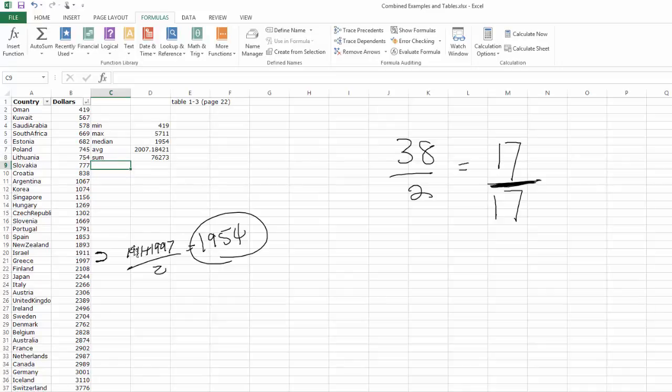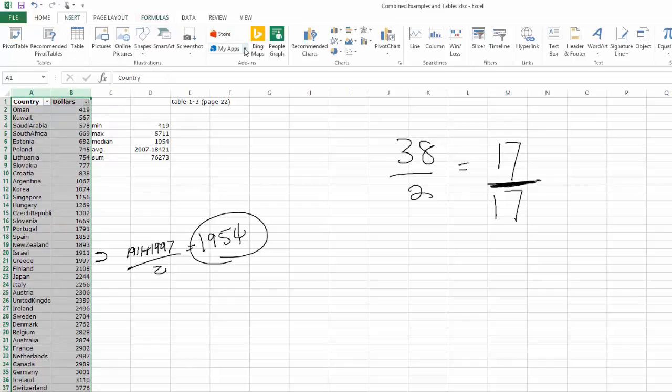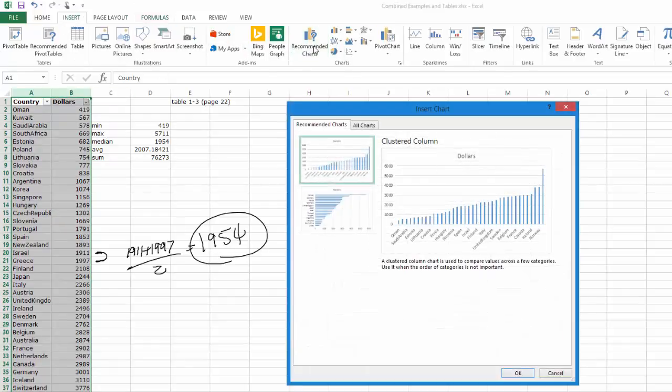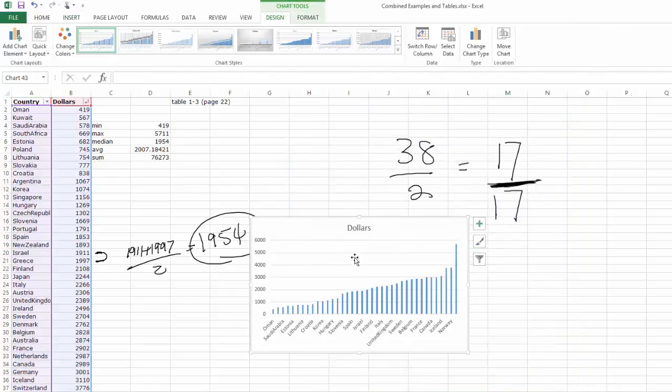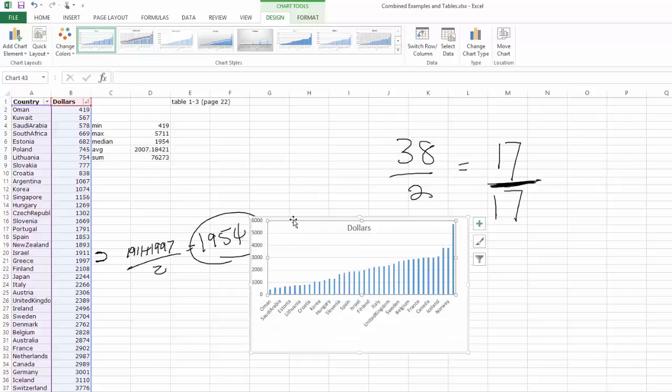But now, if I wanted to graph these things, yeah, it could do that. I'm going to highlight these first 2 columns, and I'm going to insert and see what they recommend for charts. Remember, we talked about something like this, where this is quantitative data. The categories are not Oman, Kuwait. Those are the individuals. I could have a chart like this, but it's not always really helpful,